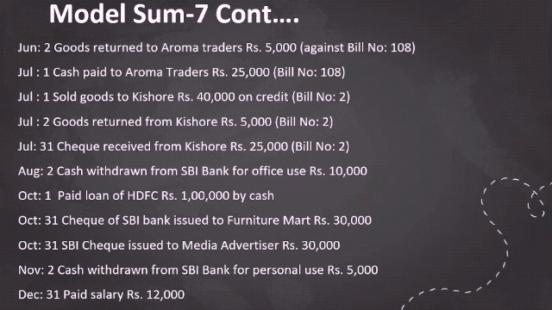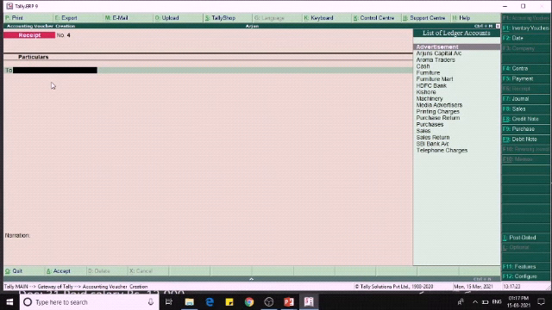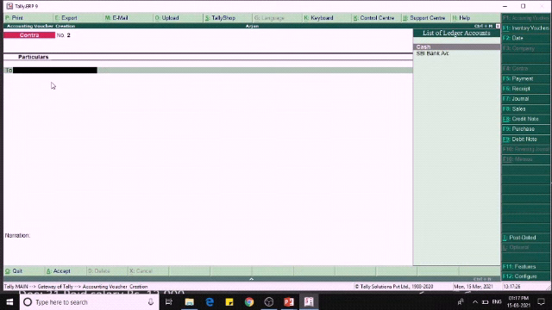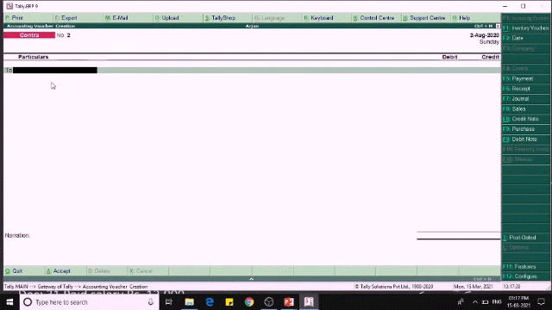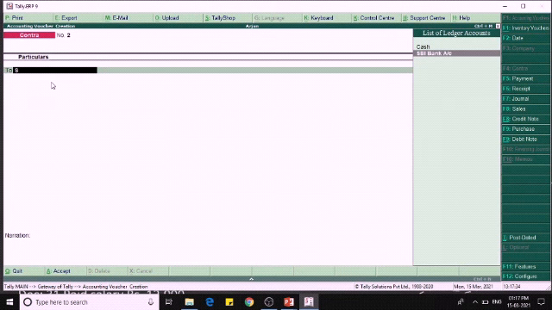And after that, on August 2nd, we withdraw cash from SBI Bank for office use. We are withdrawing for office use. So it will come under contra only on 2nd August. Okay. So we have to credit the bank account.